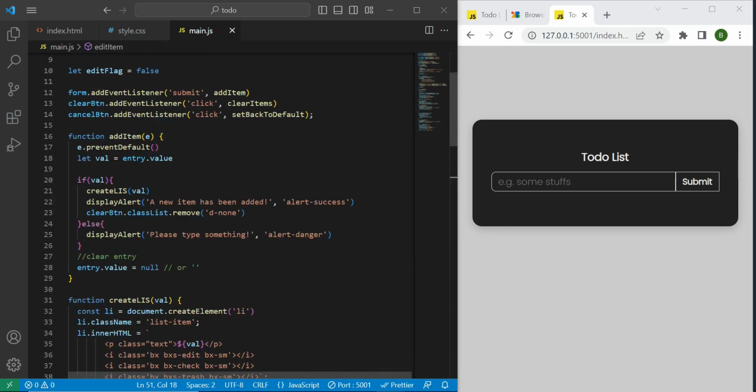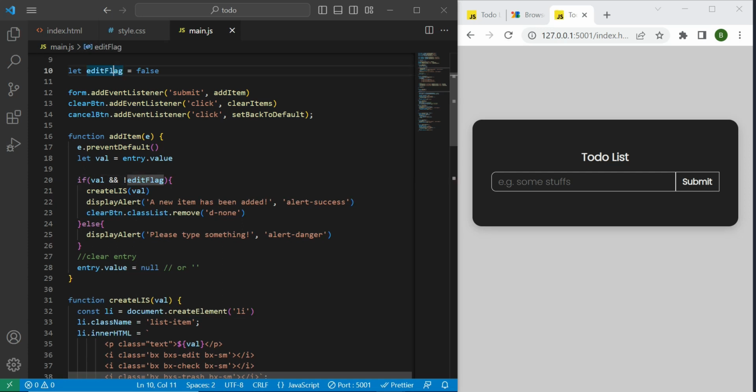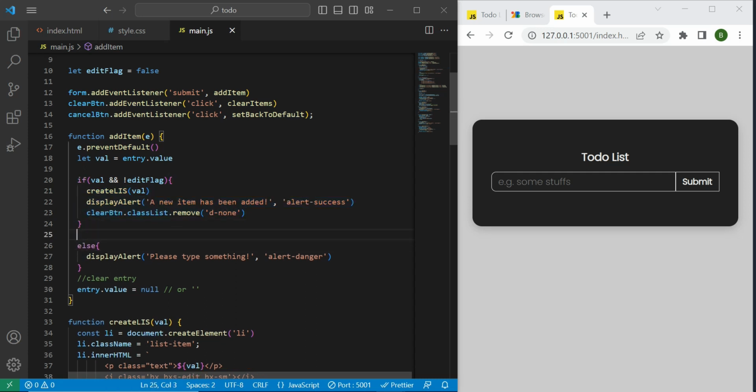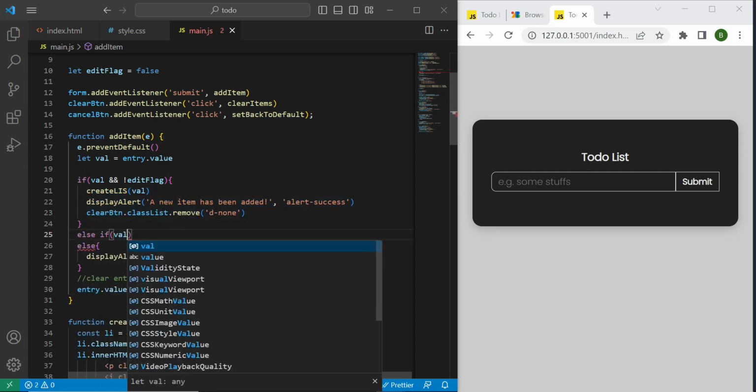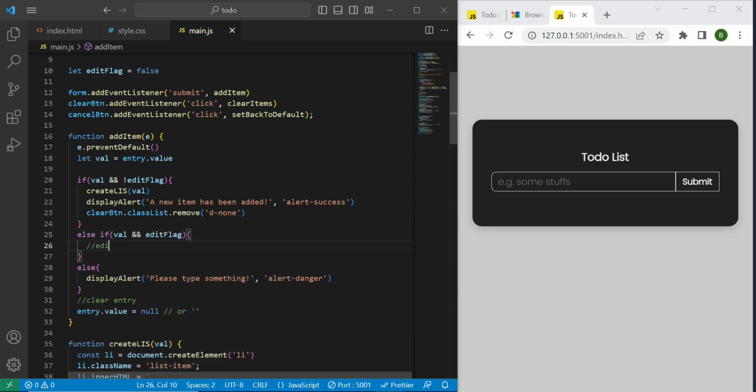Now, let's go back inside of the addItem, and this first conditional, I want it just for creating a new item only. Therefore, here I will say and not edit flag. So initially this is false, but false, negated, is true, and this piece of code is only going to run for creating a new item only. Great. Now we need the otherwise. I mean, else if my value and my edit flag, both of them are true, I need to run my editing